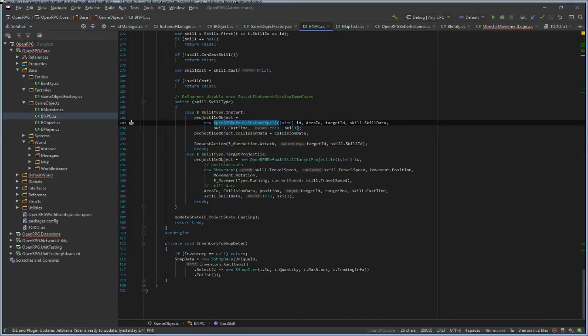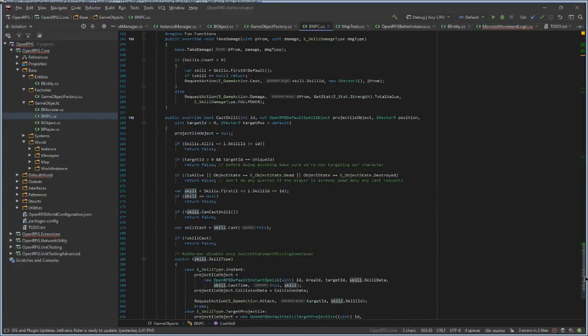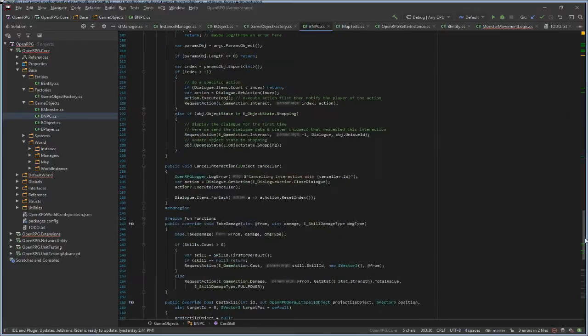Where is the target projectile? Where is the damage? Skill data. Where is the skill? Oh, yeah. Take damage, skills, first skill, and request skill cast action.